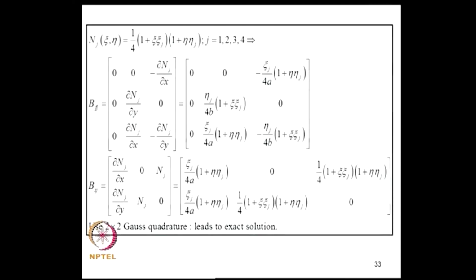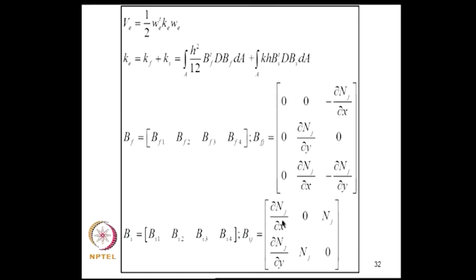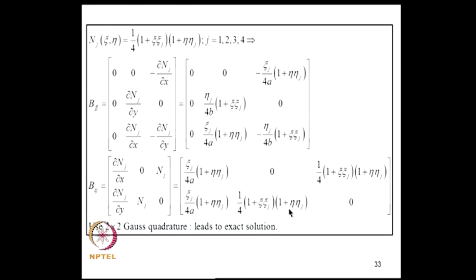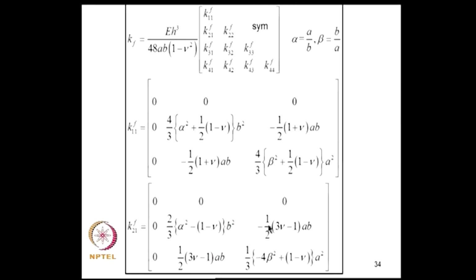Now, we know the interpolation functions, therefore, we can evaluate all these gradients that appear in the B matrix, and we will be able to evaluate the B F j and B S j matrices. So, dou N j by dou x corresponds to dou N j by dou xi, and if we carry out the required differentiation, we will be able to evaluate this without any problem. Similarly, the B matrix for the shear component is given by this, and we get this matrix. So, you can use 2 by 2 Gauss quadrature, which leads to the exact solution, or you can evaluate this exactly as well. So, if we do that